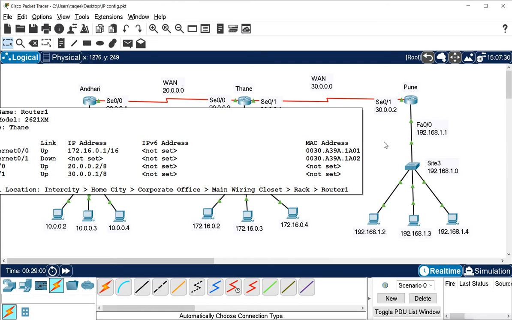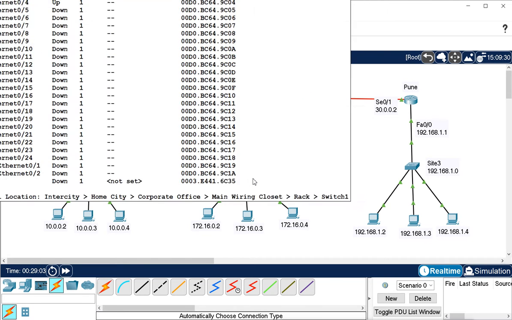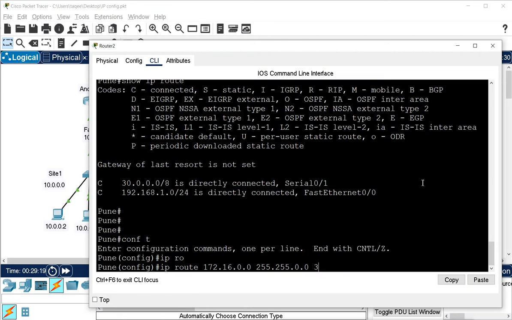Remember, you have to enter the router Thane to go to this network, and only through this Thane router can you reach this network. And to enter into the Thane router, we have to enter through this interface, and this interface has this IP address. So this is our next hop address. So what I will mention here is 30.0.0.1.